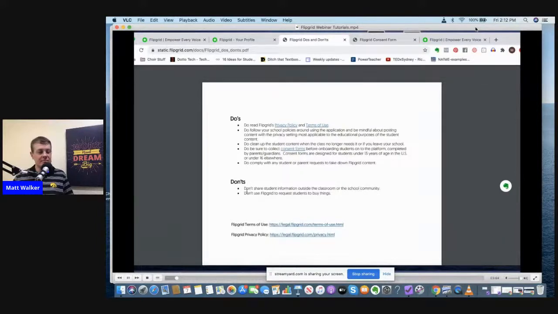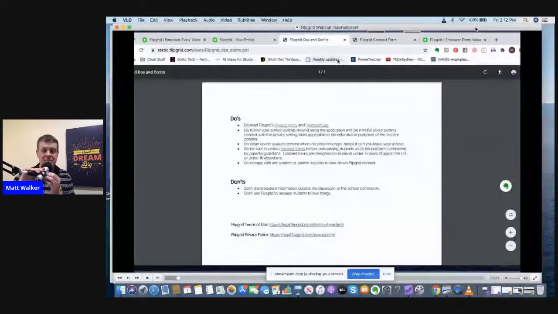With the consent forms, it says here specifically that consent forms are designed for students under 13 years of age in the US, or under 16 elsewhere. So if you're outside the United States, the forms are for under 16, and in the United States they are designed for 13 years and younger. If you've got middle school students, this may be something you want to go through the process of doing. If you have high school students, that maybe is more of a